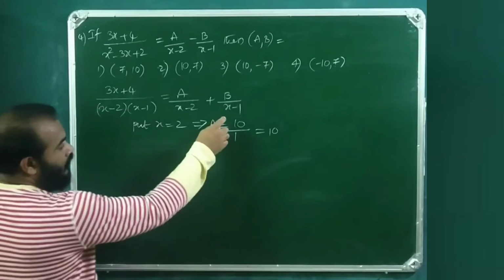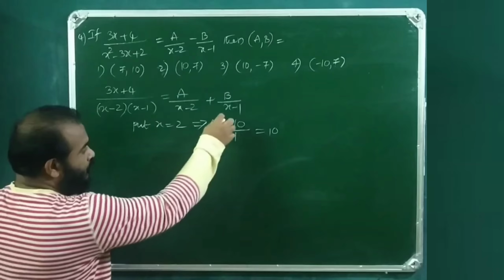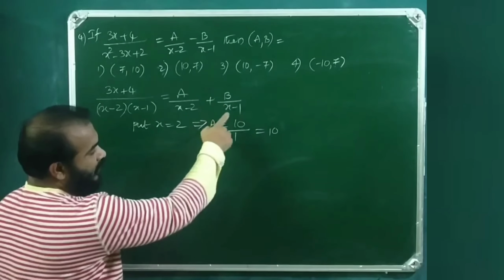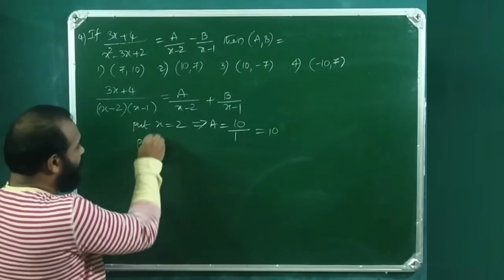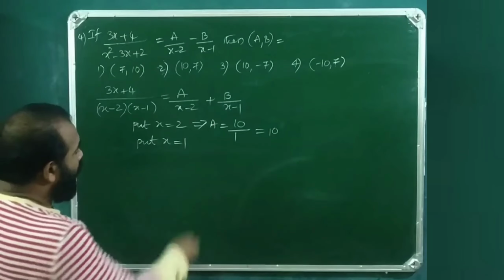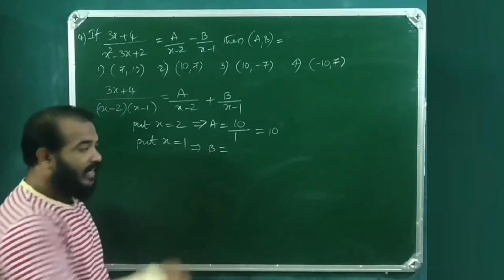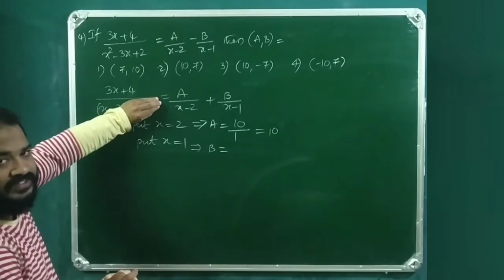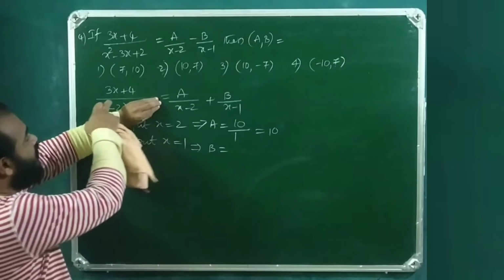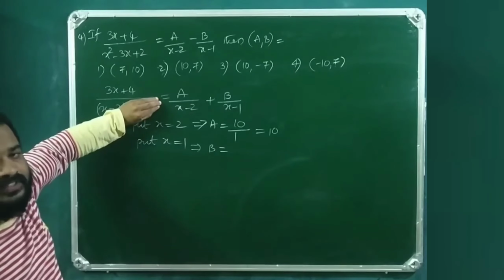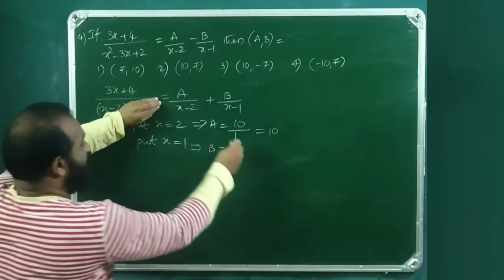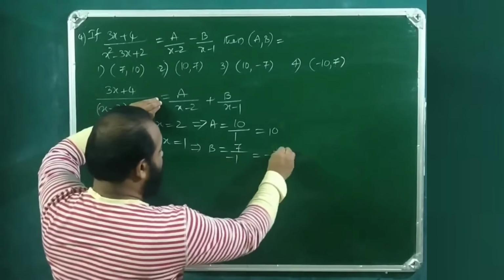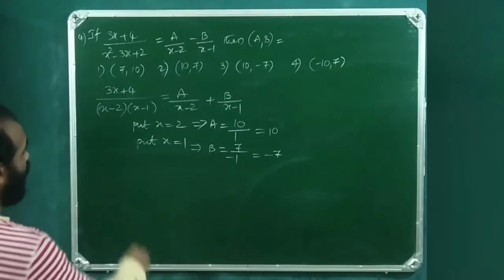Now to obtain the value of b, whatever is in the denominator of b, you just equate it to 0. x minus 1 equals 0, x equals 1. So put x equal to 1. So b we will be getting by covering x minus 1 in the LHS and substituting x equals 1 in the place of x. 3 ones are 3, 3 plus 4, 7 by 1 minus 2 is minus 1. So this is minus 7. So therefore,